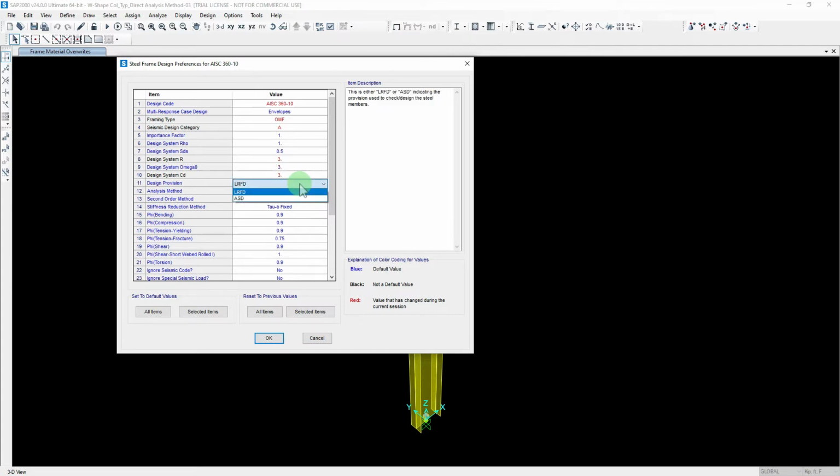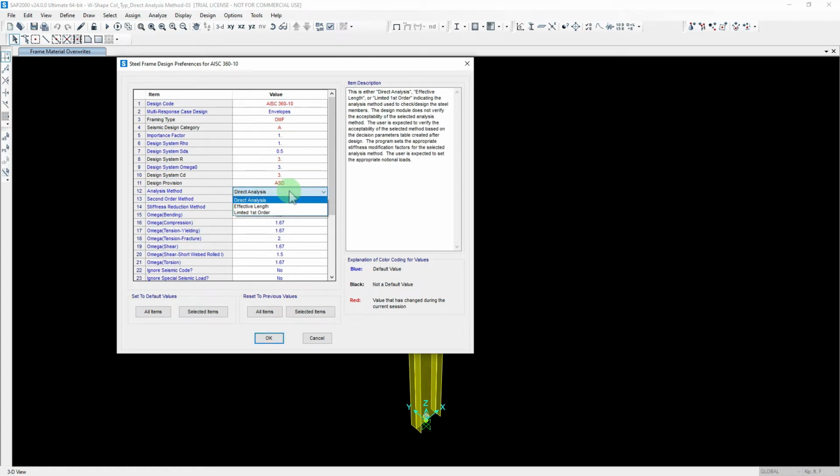Here's where it's important. Our design method will be the allowable strength design method. Our analysis method will be direct analysis. This is important. Now, we could use our effective length method in order to design for stability, or we could use a limited first order analysis based on the criterion that is found in Chapter C of the AISC 360-10 manual. Alright, so we're using direct analysis, and we're going to use a second order method, a general second order method, and not use